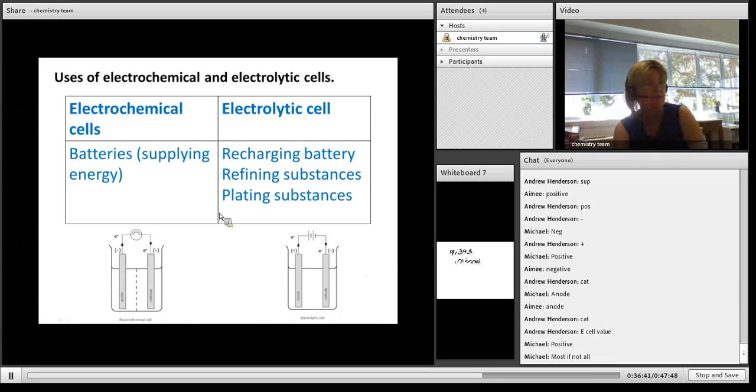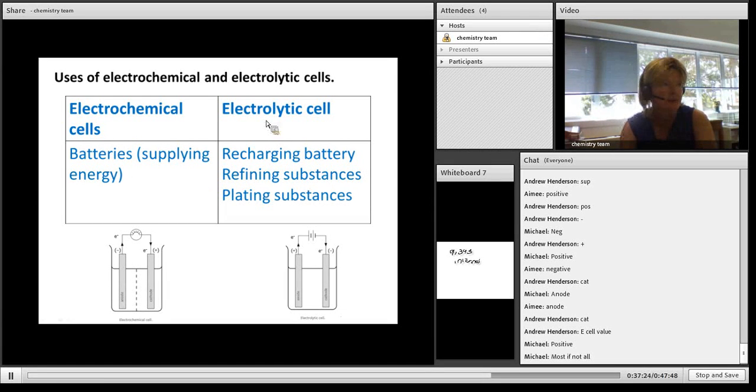And so the electrochemical cells, basically their use is really in a battery to supply energy. But that's really the only reason for electrochemical cells. So any battery you use in your cell phone and your laptop and your tablet, that's an electrochemical cell. And as I say, it's got quite advanced chemistry in it. If you went into that field, it's not just throwing two things together, because you've got to think of long life of the battery and so on and so forth. But lithium is the one that's used a lot because it's so high up in those reduction potential tables. So it gives a good voltage